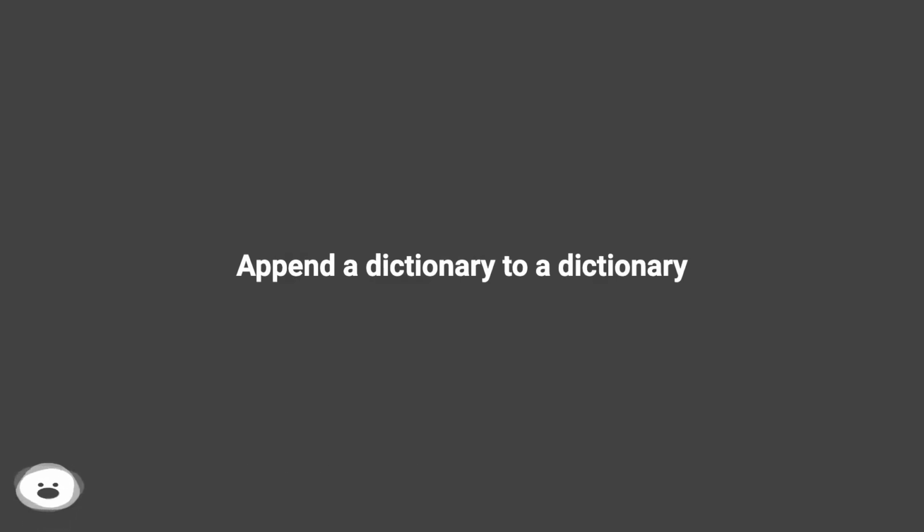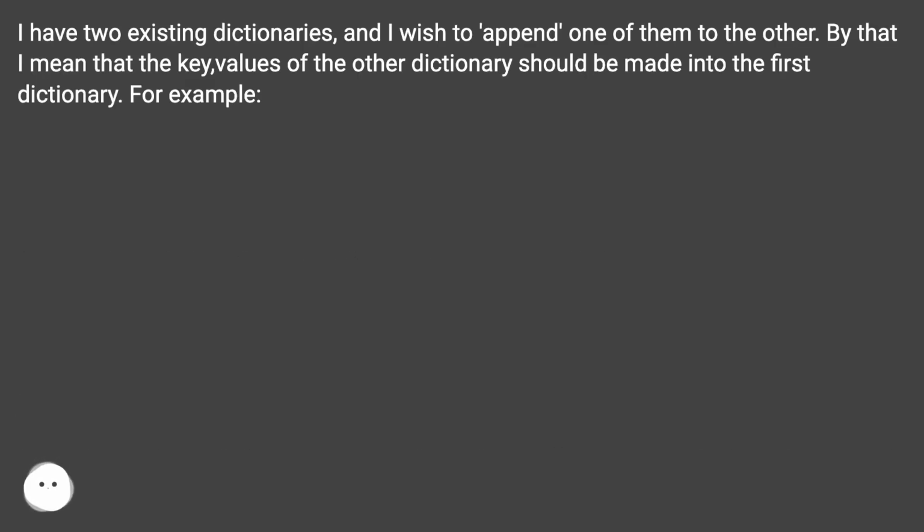Append a dictionary to a dictionary. I have two existing dictionaries, and I wish to append one of them to the other. By that I mean that the key values of the other dictionary should be made into the first dictionary. For example,